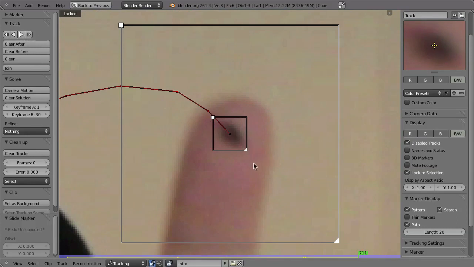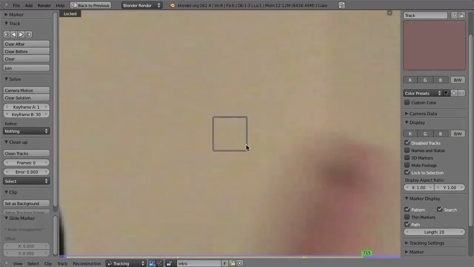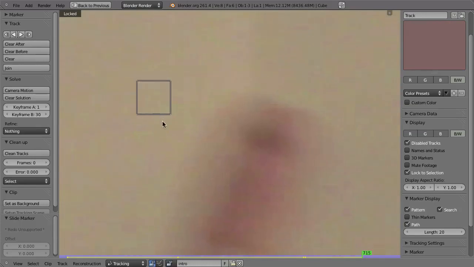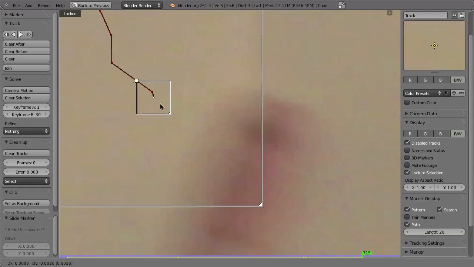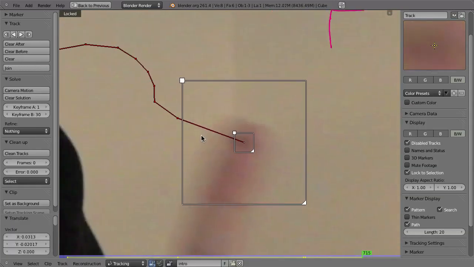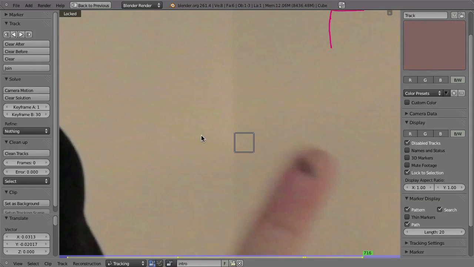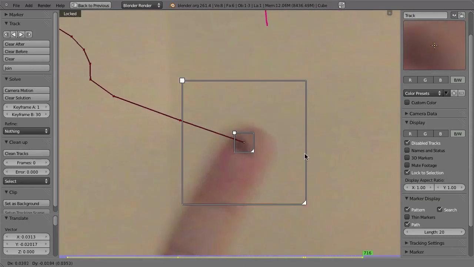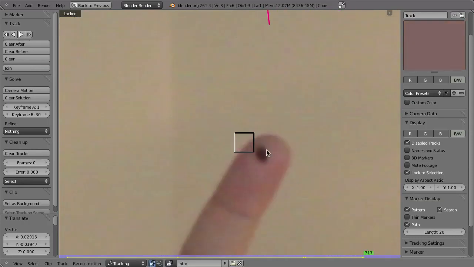Okay, but it seems to go pretty fine. So Command T again to let it finish automatically. But well, in this case, bad luck, because on the next frame, it is so blurry that there is no way that this can be automatically tracked. Right, so G to grab it and place it on the feature manually. And I believe that the next frames are so blurry and so fast that we have to do some manual work here.